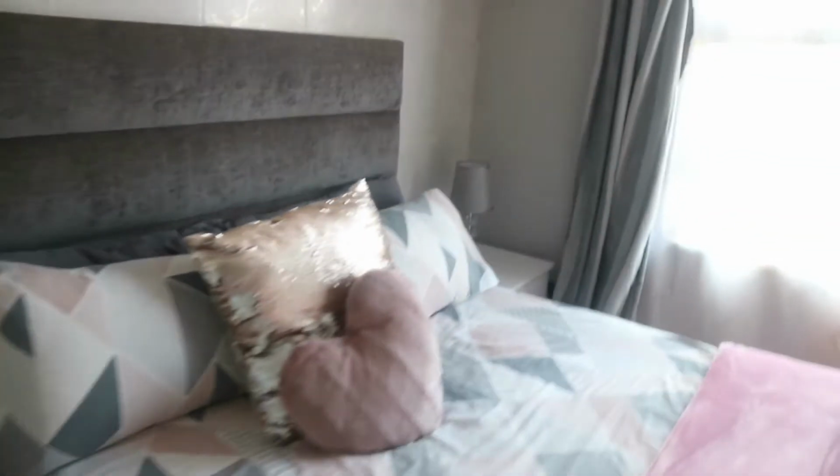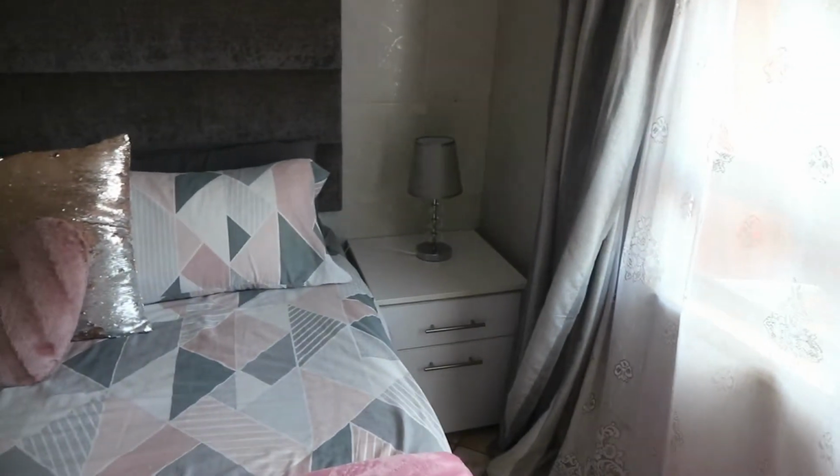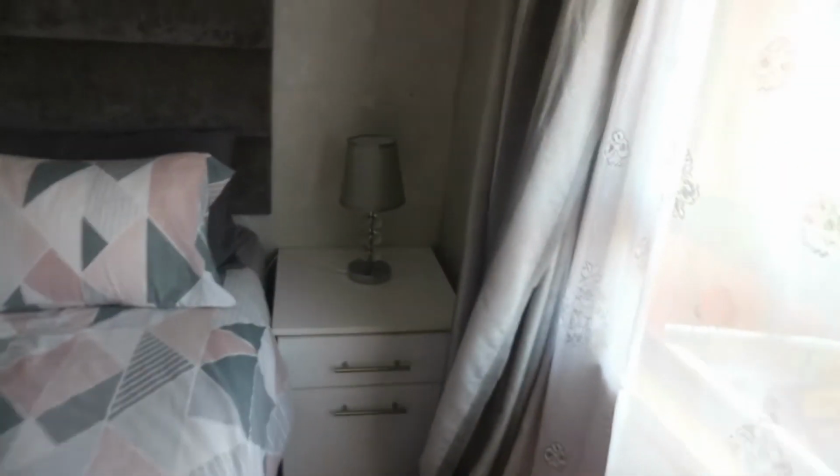and we have those lamps over here, side lamps, which I don't use because I can't find, let me show you guys, I can't find bulbs for them. Like I keep buying wrong bulbs, so I just stopped looking for them altogether. And then my gray curtains,